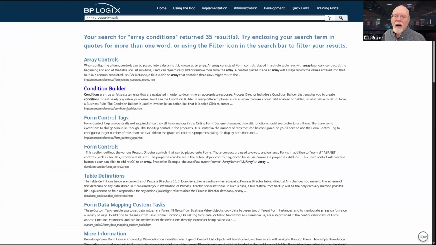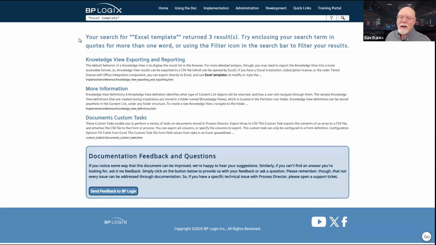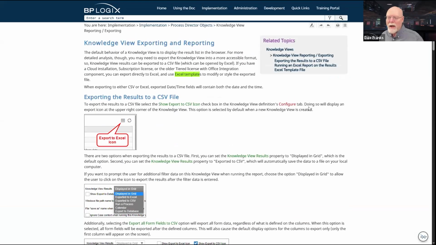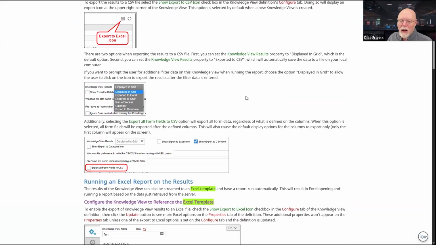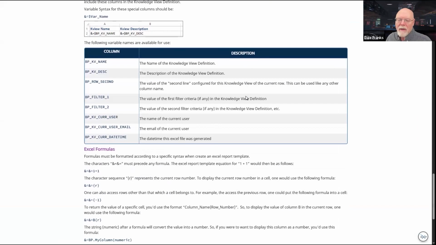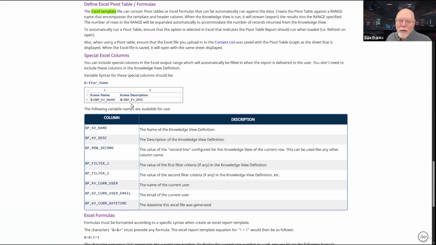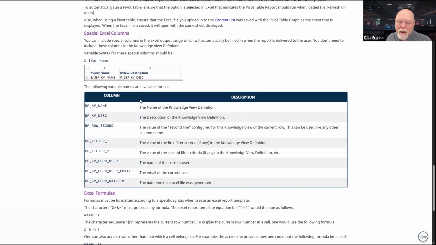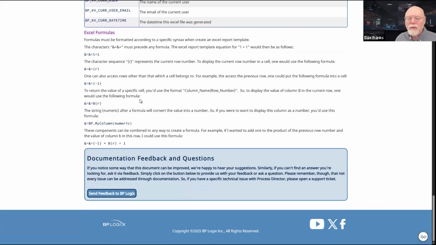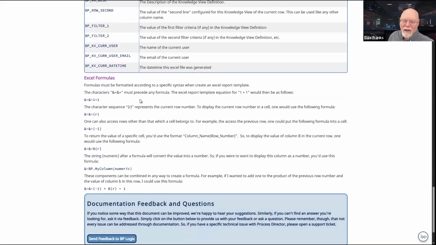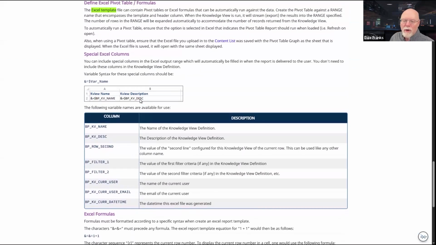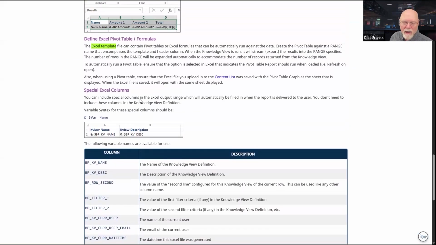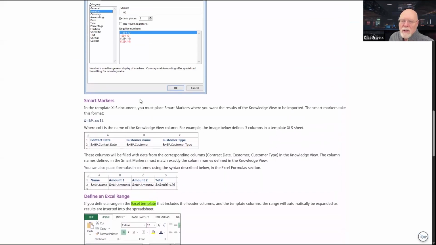Now, again, in the documentation, this is all documented, Excel template, and it's in the knowledge view section, knowledge view exporting and reporting. So under knowledge views, it gives you the example of how this works, how the syntax works for all of the exports, how Excel formulas would have to work if you were to export them into an Excel template that had Excel formulas. So this is all documented.